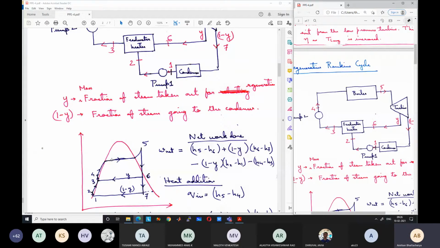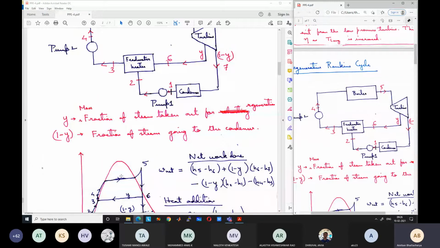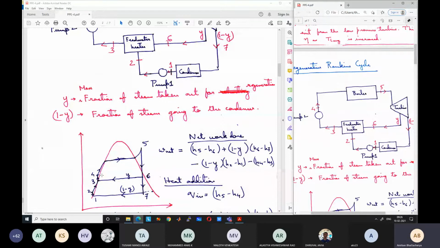Okay. So in doing this, what we have done is that we have reduced the heat addition process from the external heat source to the region from 4 to 5 instead of from the region from 2 to 5. Okay. So the external heat addition is reduced, and although the work output is also reduced, we will come to that. The work output is also reduced. The net efficiency is increased. Okay. For this type of cycle.